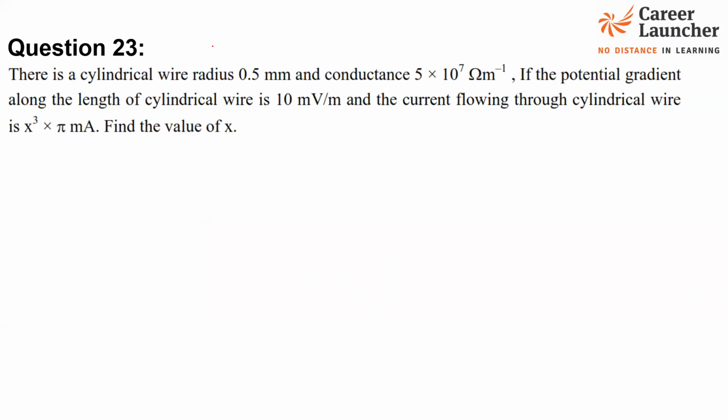there's a cylindrical wire of radius 0.5 millimeter and conductance is given. So you can recall the formula that J equals sigma into E, because potential gradient is also given to you. So I can get J from here, and J is nothing but I upon area. So the current flowing will be pi r square into sigma into E. So if I simply substitute the values, radius is 0.5 millimeter, so that will be 25,